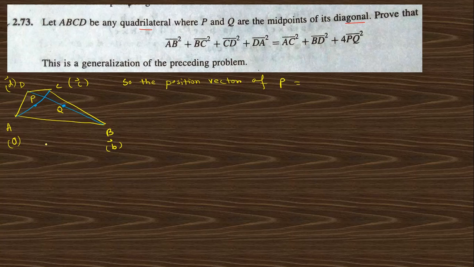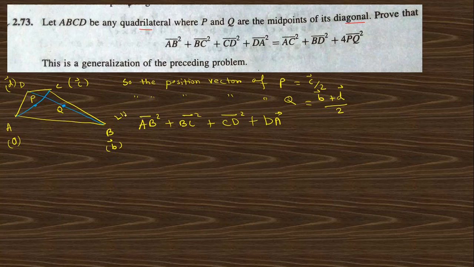This is 0 plus c by 2, that means c by 2. Similarly, the position vector of Q is b plus d by 2. Now if we take AB squared plus BC squared plus CD squared plus DA squared, which is nothing but the left hand side,